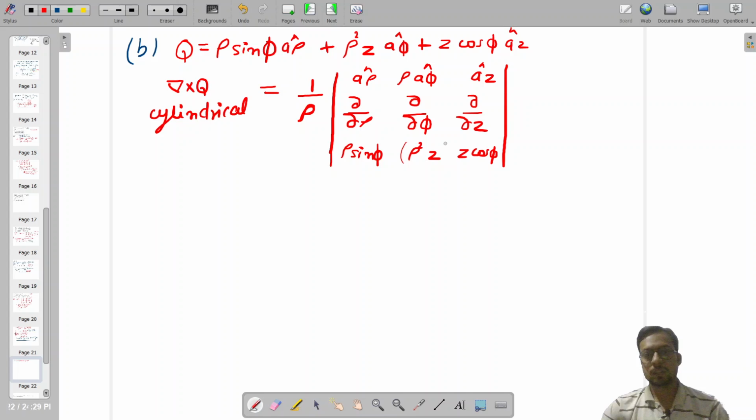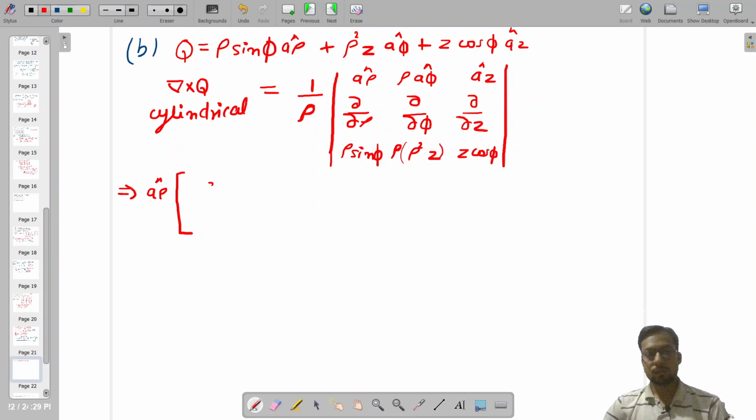We have to multiply the phi term by rho, so rho again multiplies with this term. Expanding this with respect to the unit vectors a rho, a phi, and a z, first with respect to a rho,